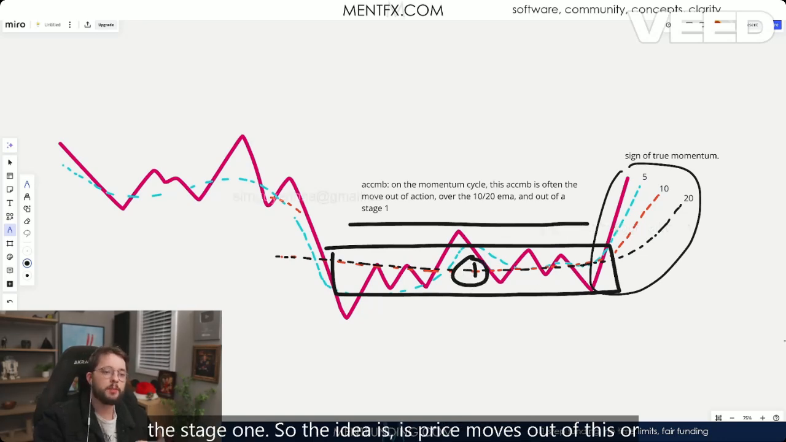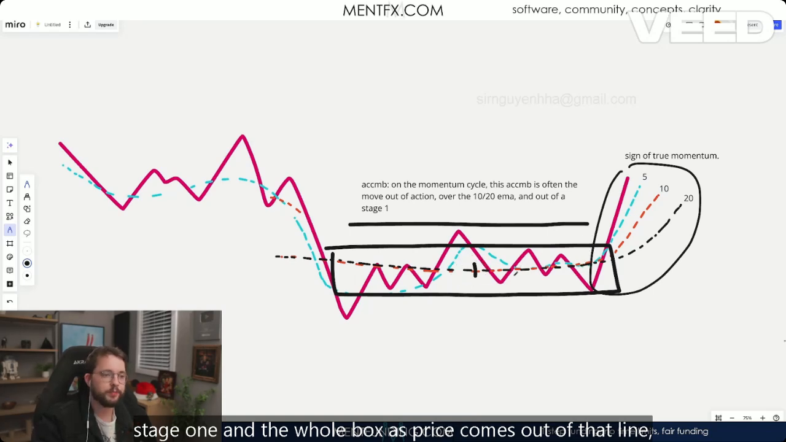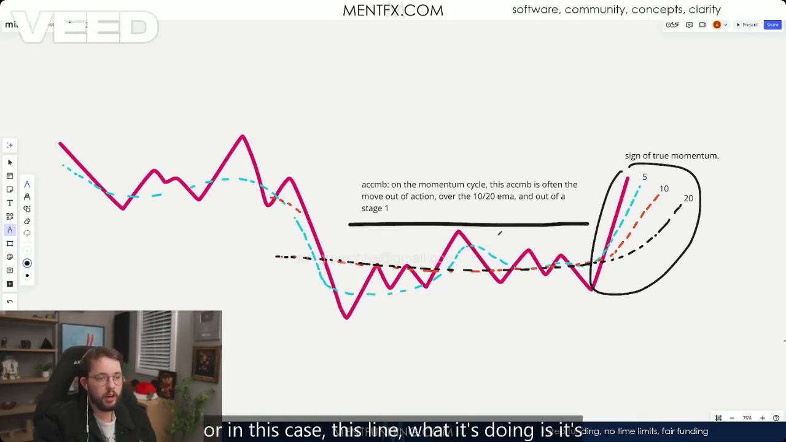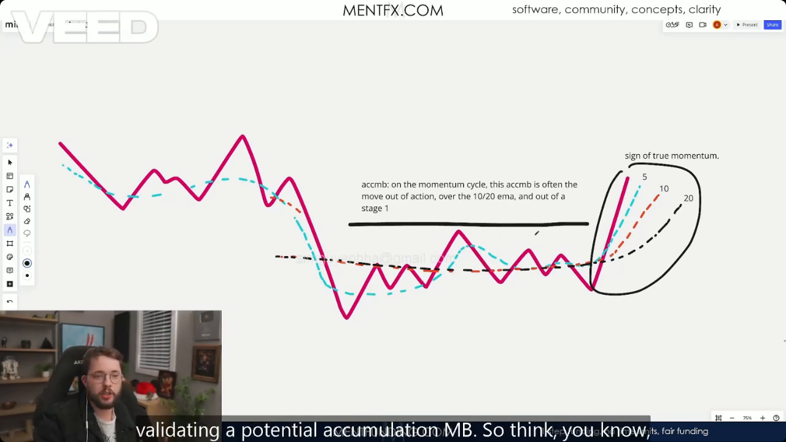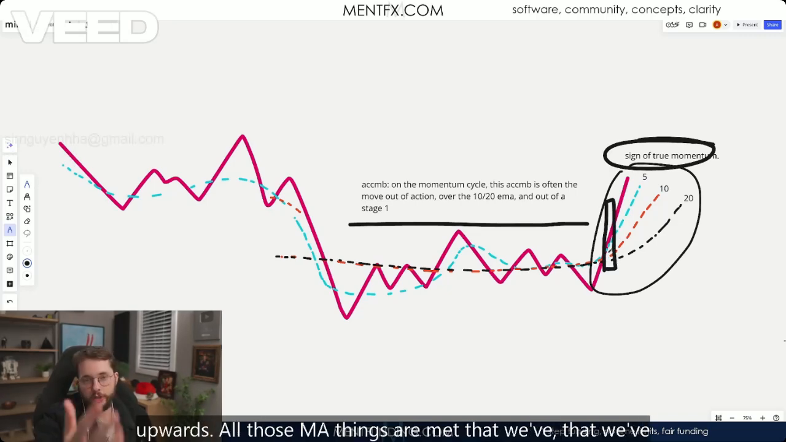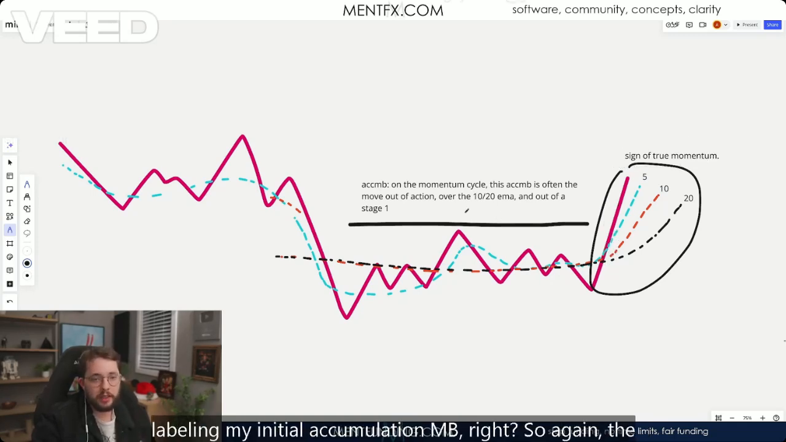So the idea is as price moves out of this or comes above this line, so again, without having to draw the stage one and the whole box, as price comes out of that line, or in this case, this line, it's validating a potential accumulation MB. So think, maybe a candle like this, and then the candle closes. That is that sign of true momentum. The averages start sloping upwards. All those MA things are met that we've already spoken about, and that's where I would end up labeling my